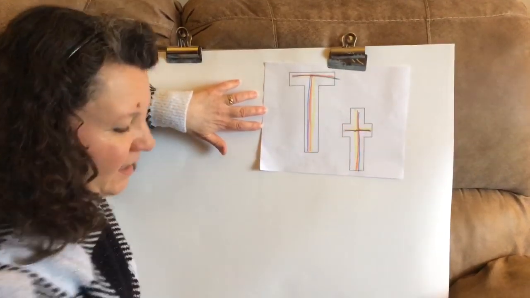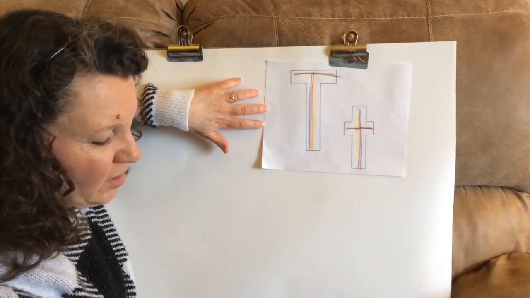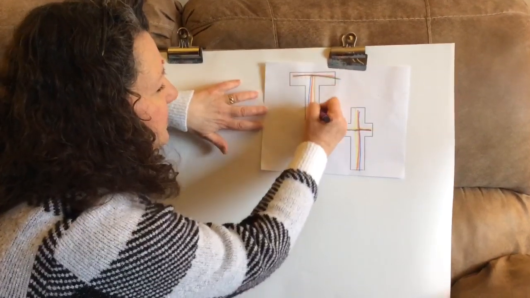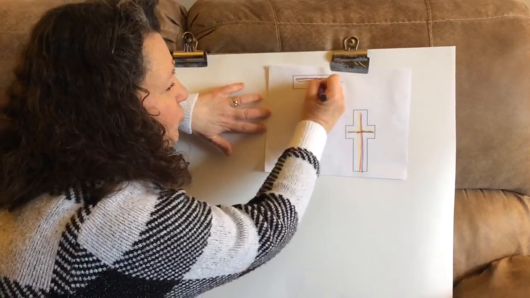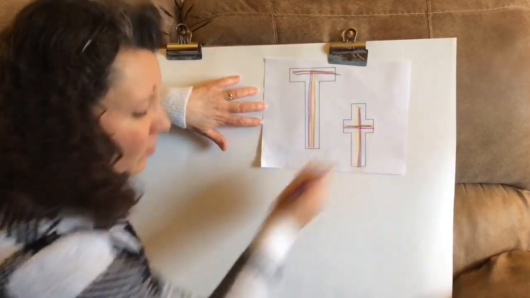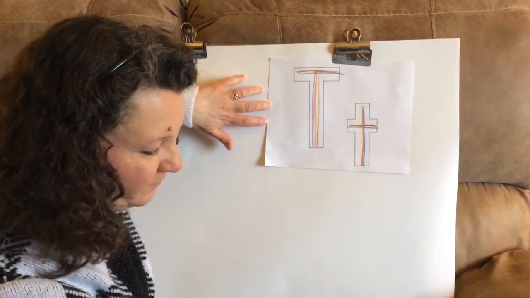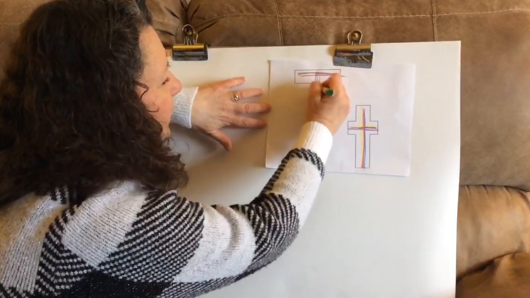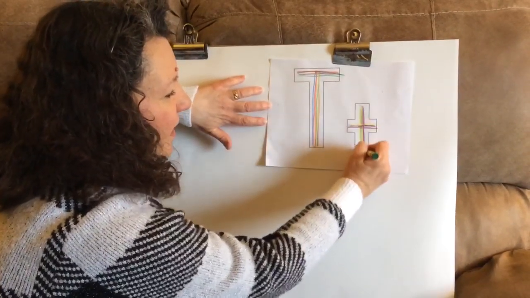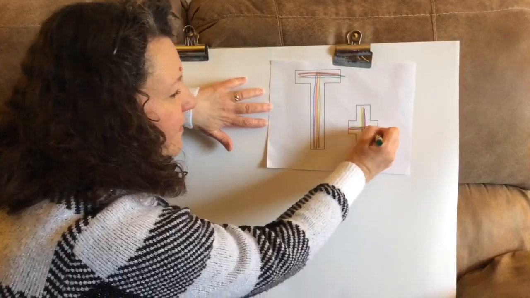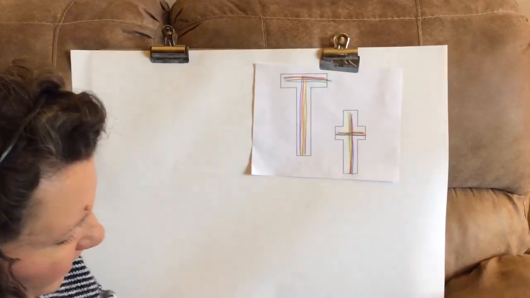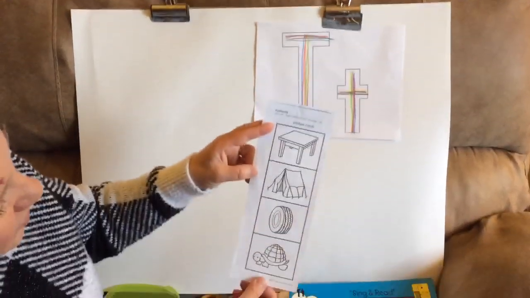Turtle and table and teeth and toys and trucks. All those things begin with the letter T. Turkey begins with T, and time begins with T. So here we have our letter T, and then on our paper here with our pictures,